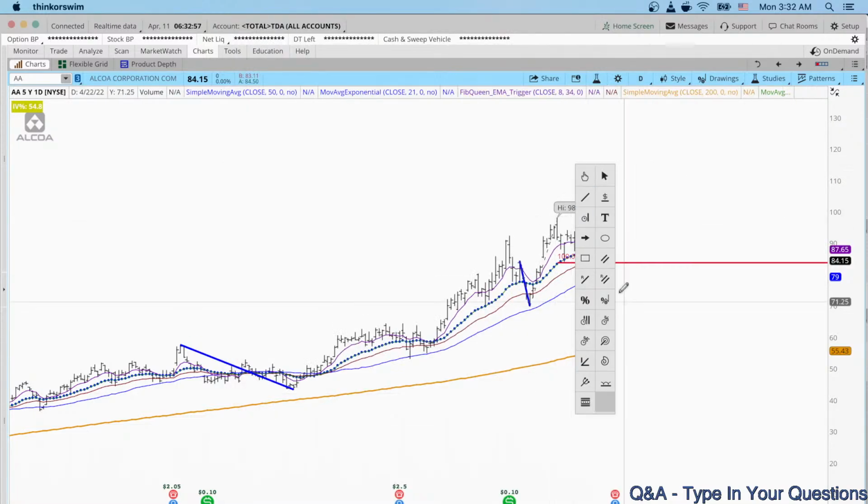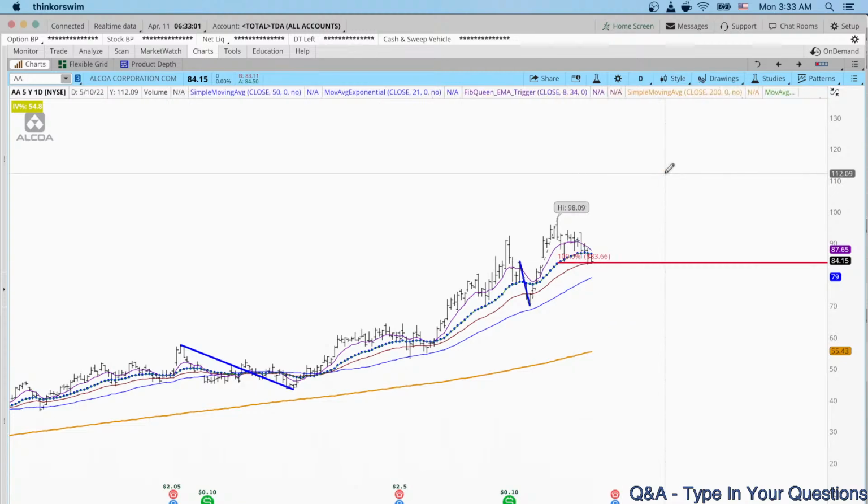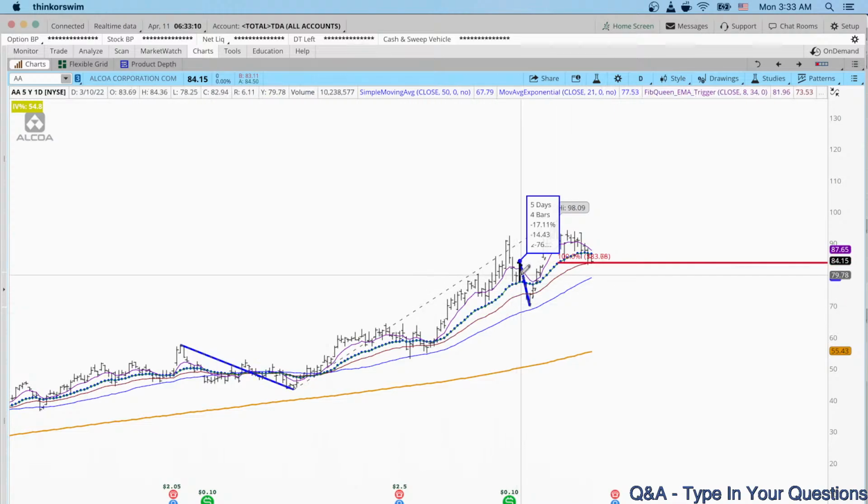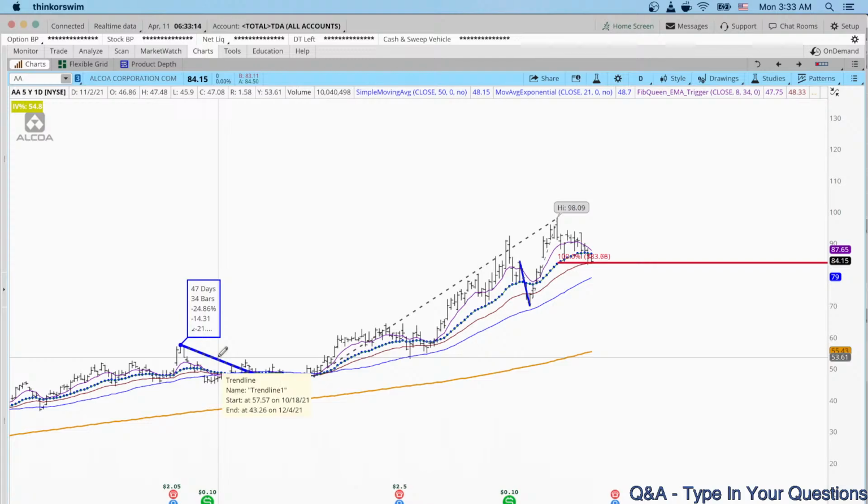This tool right here is called Fibonacci Extensions. From here, I'm looking for another pullback, pivot high, pivot low, pivot high. So these two pullbacks are very similar in dollar amount. This pullback right here, $14.43. Pullback right here,